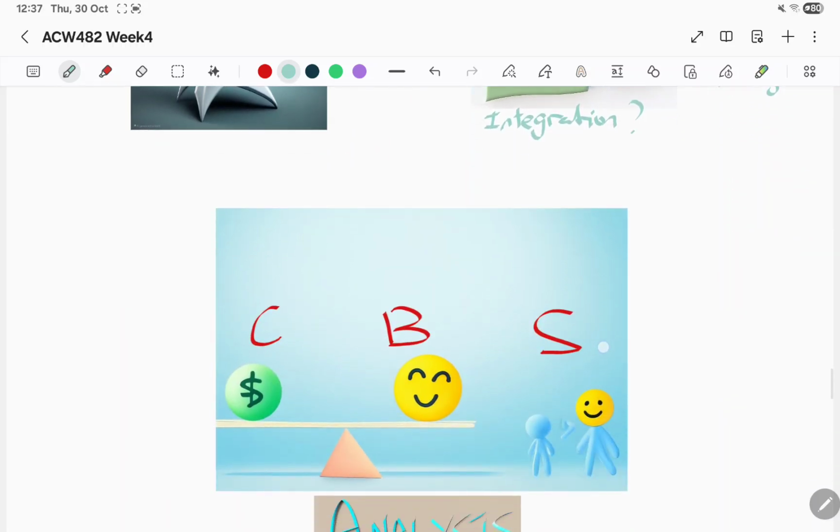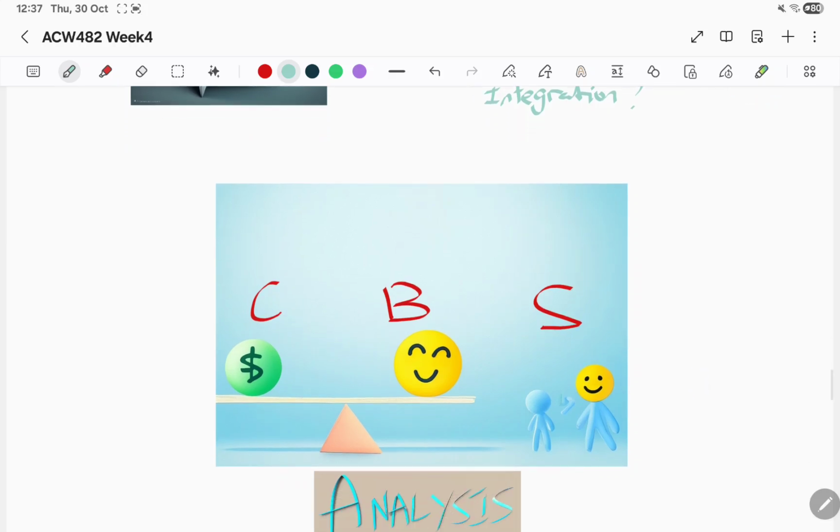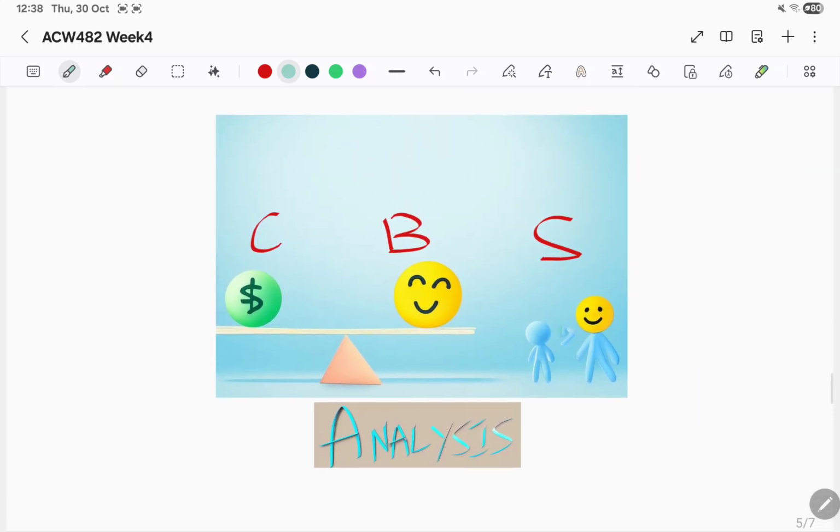And let me go down over to here. We have the CBS analysis to determine the vendor, all right. Oh, we are actually close to the end already, all right. We have the CBS analysis to determine which vendor is good. And this is very straightforward. The cost, benefit, and scalability,